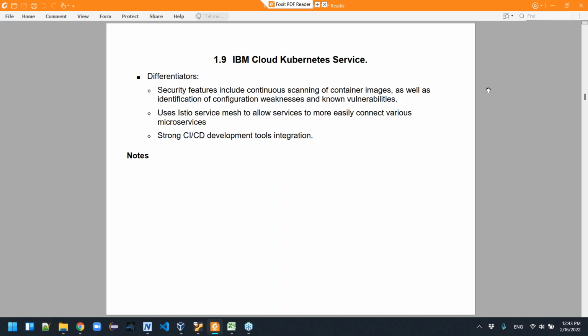And IBM is also set up to identify weaknesses and different vulnerabilities based on work they've done in other aspects of the IBM consulting. IBM uses Istio service mesh, which is also a standalone. You could use it with your own clusters, but they integrate it into their service to allow microservice-based applications to be easily connected to the front ends for those applications,